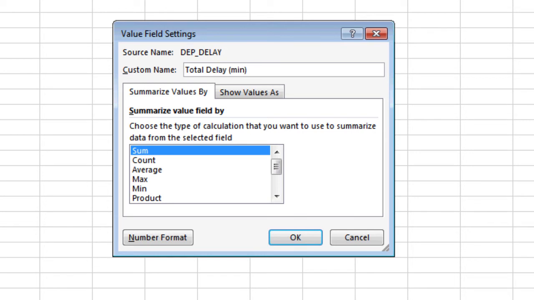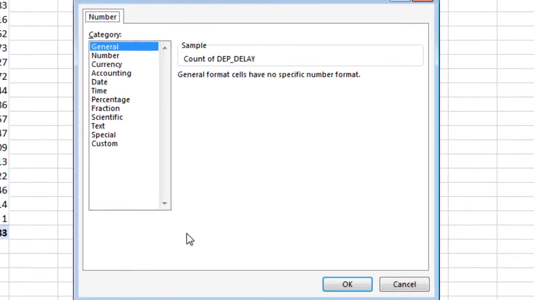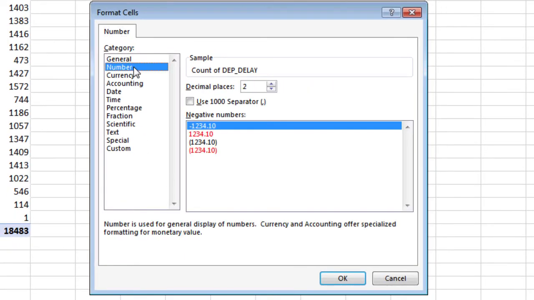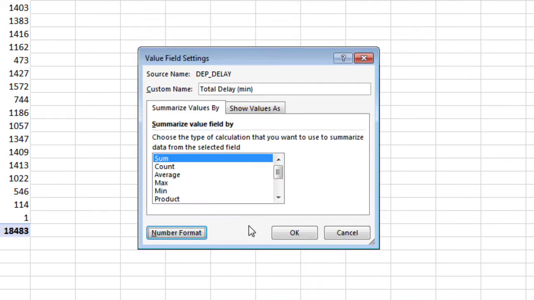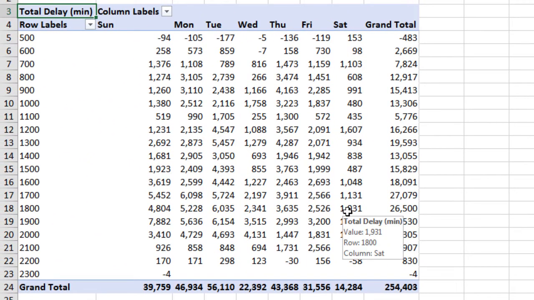delays in minutes. I'm also going to want to clean up the number format because I anticipate that these will be rather large values. So I'm going to click on the number button, change the format to number, 0 decimal places, and check the box to use the thousand separator. Click on OK to close out of that dialog box, click OK again to close out there, and now